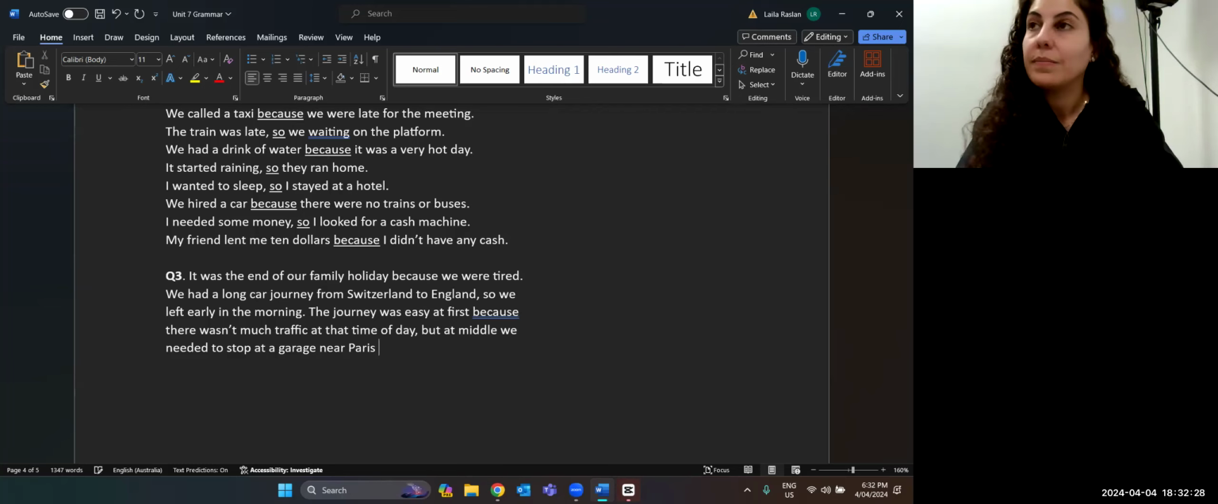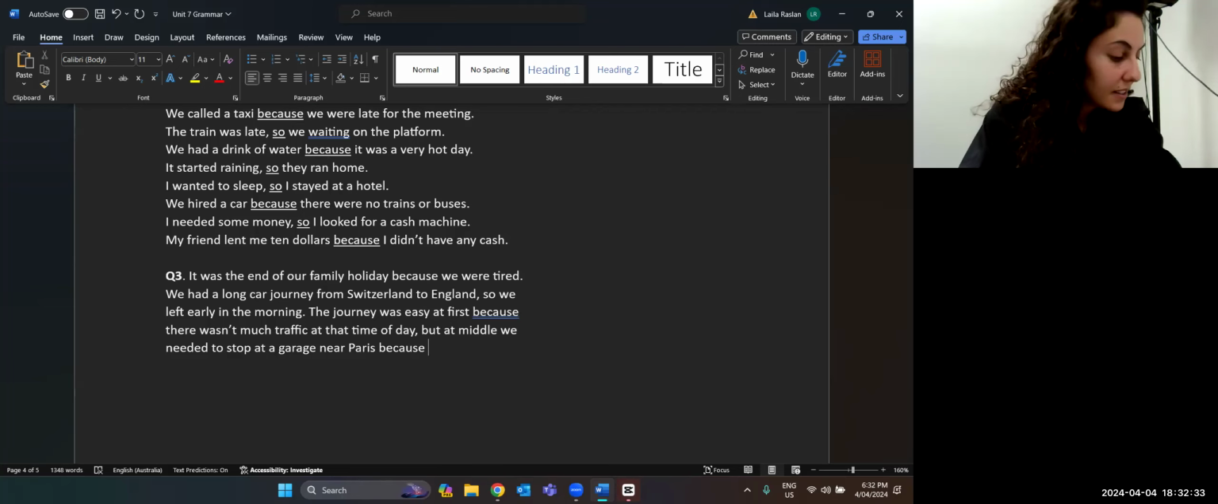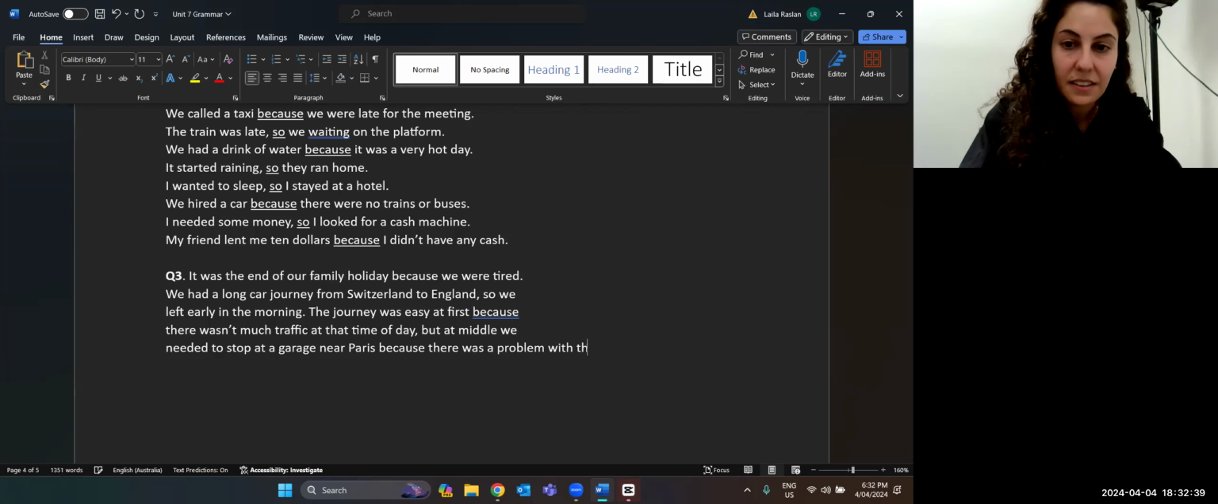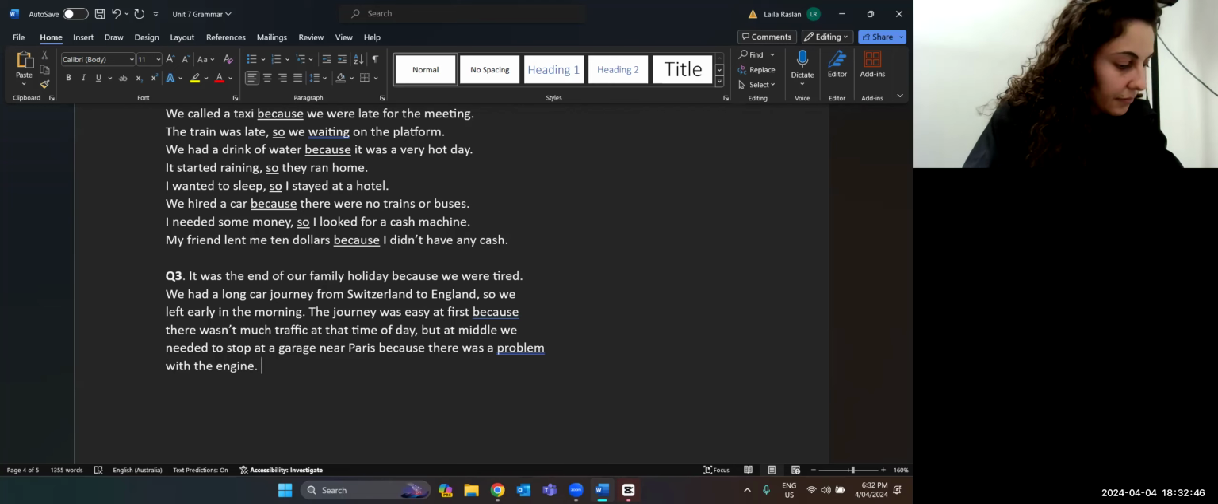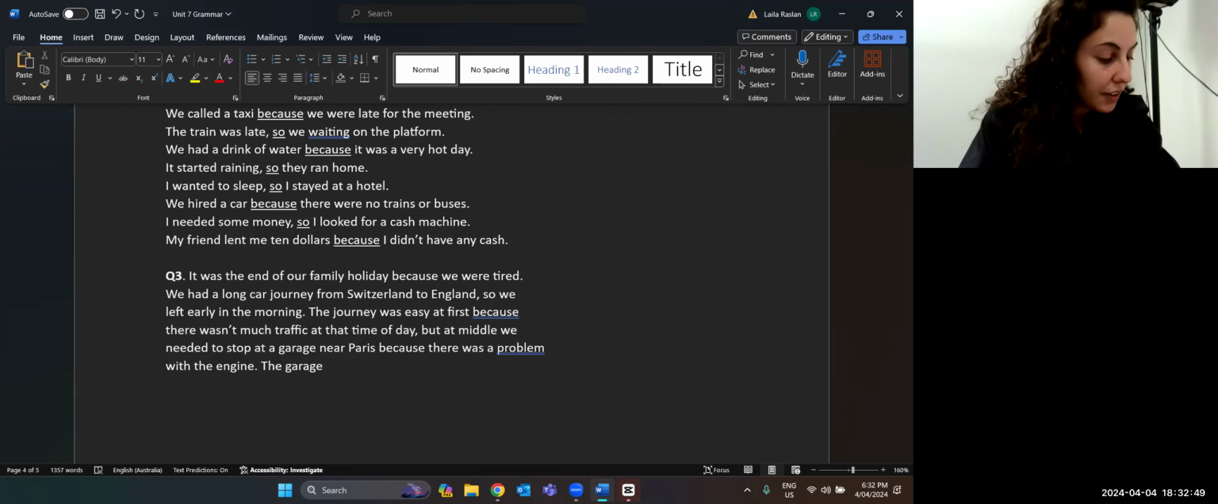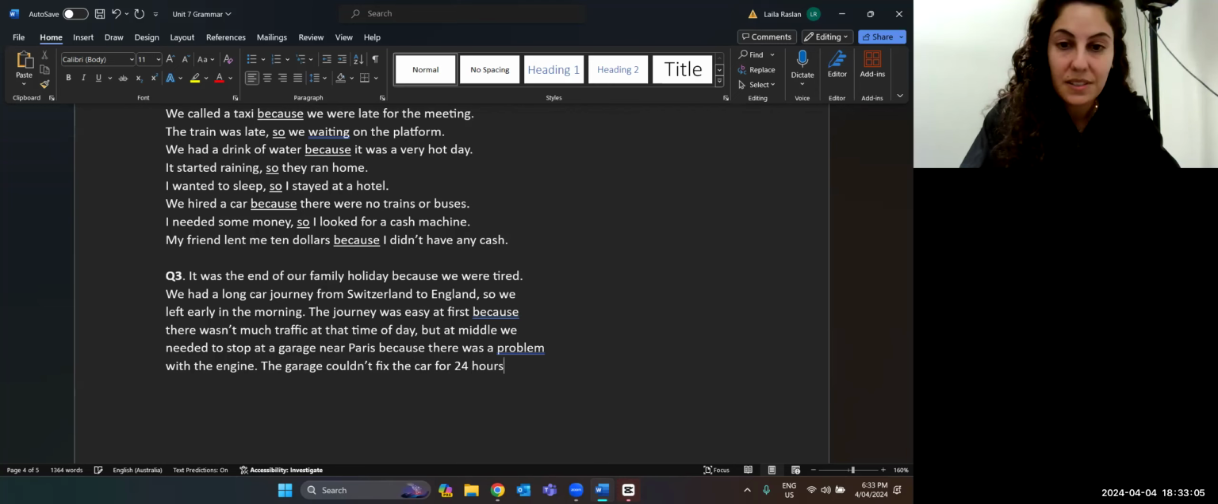Now I want to say why. So which word? Because. So this is number 3. Because there was a problem with the engine. There was a problem with the engine. The garage, that means the place where you fix your car, couldn't. Okay, so in the past, we say couldn't for can, but the garage couldn't fix the car for 24 hours,